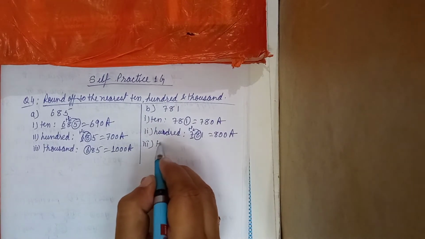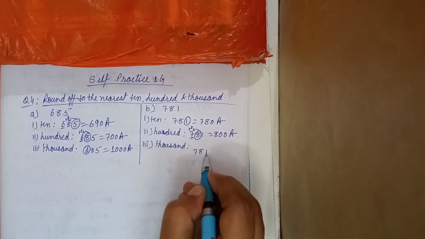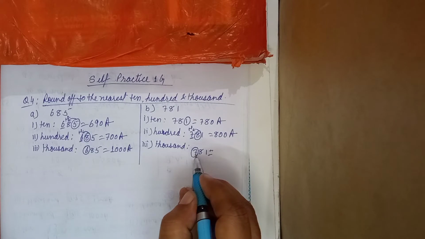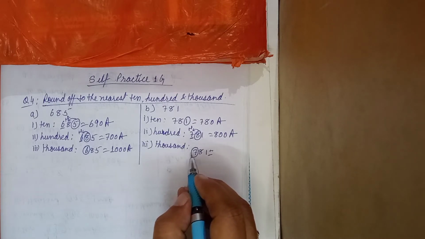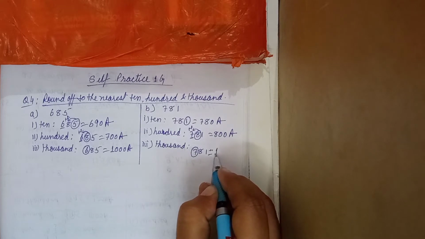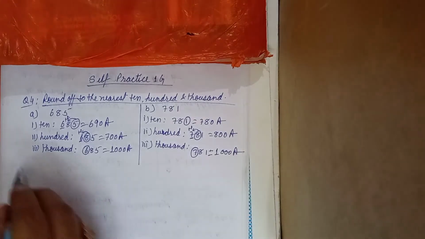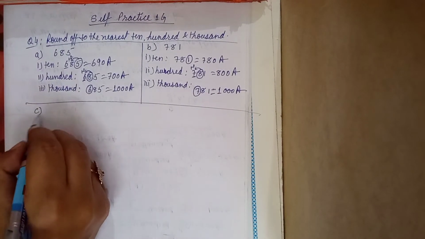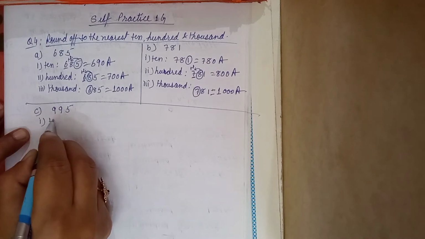Third में we are rounding off to 1000. 781. So we will see the 100 place. 100 place में the number is written 7, which is greater than 5. So we will transfer plus 1 to the next number, but there is no number. So we will write 1 in the 1000 place, and 100 place, tens place and ones place में 0, 0 and 0. This is our answer. Question number C. Question number C में the question is 995. So we will round off to 10,